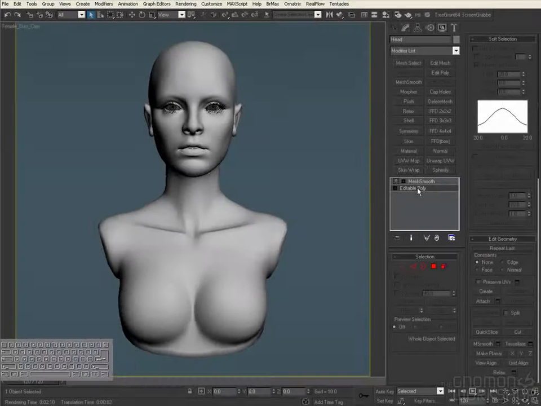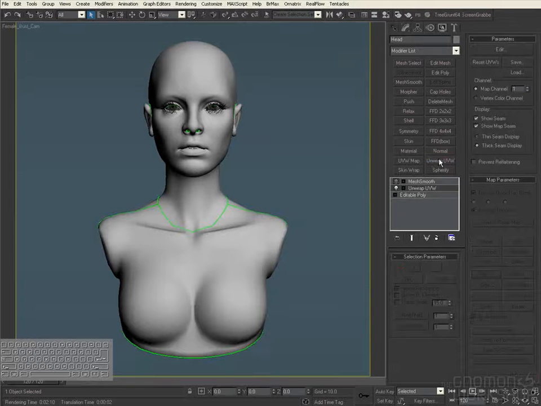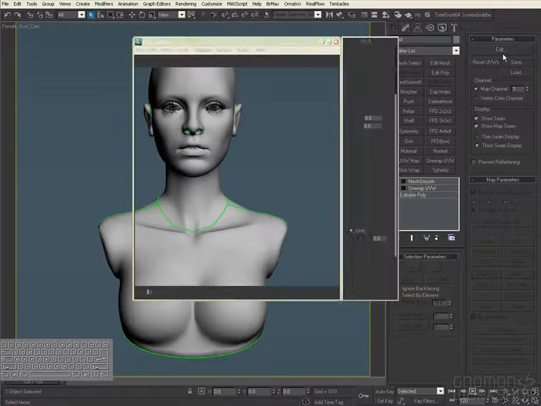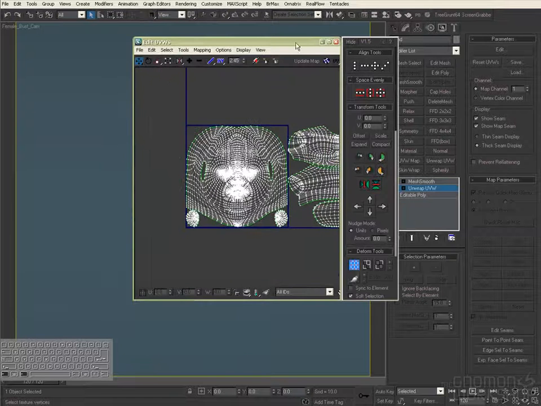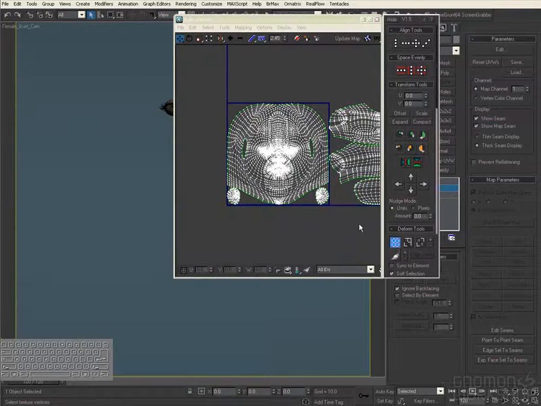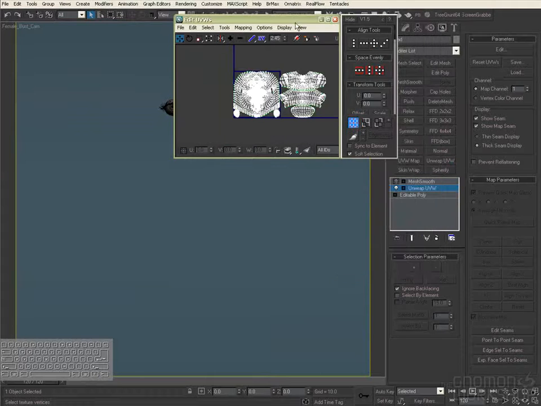This section will get the Max model ready and prep for body paint. In the previous section, we set up the UVs for the head and the torso in UV space 1